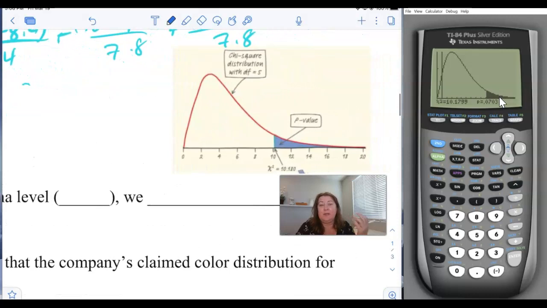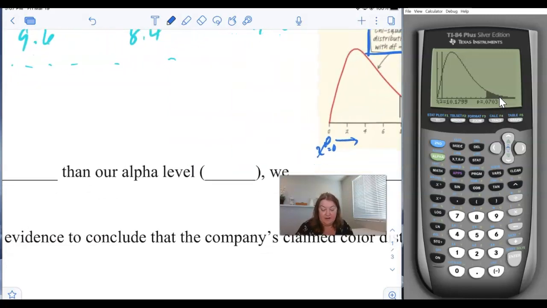Okay, notice that before we labeled these when they were normal, we said normal. If there was a t-distribution, we said t-distribution. In this one, we have to say it's a chi-squared distribution with the degree of freedom, right? And then we go find where 10 is. It always starts at 0 and then goes uphill. So I find about where 10 is, right? Categorize it, call it chi-squared equals 0 here, call it chi-squared equals 10.18 here, color in to the right. So very similar to our other stuff. All right, next step,